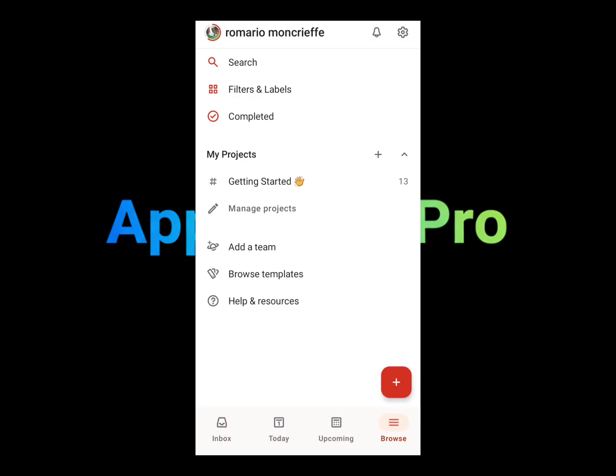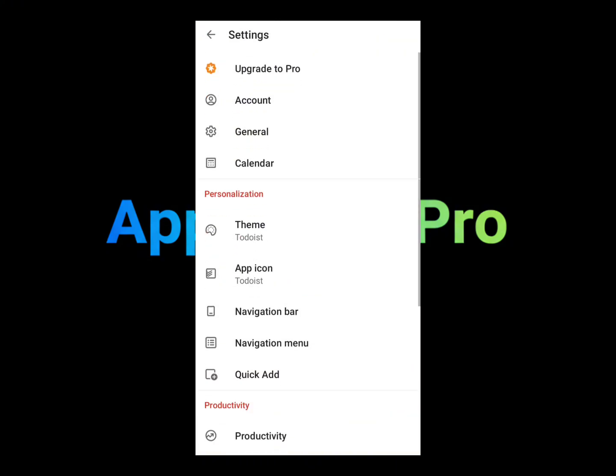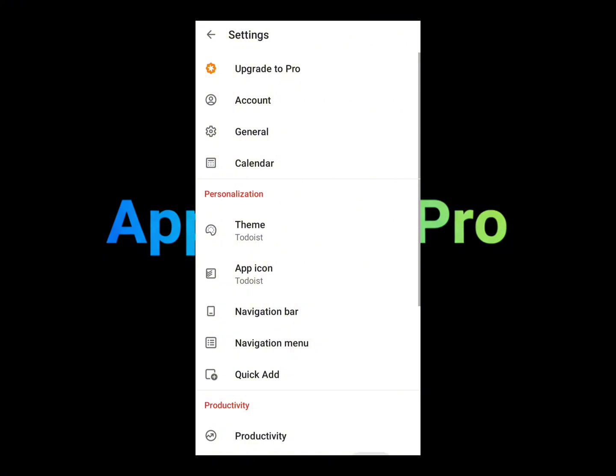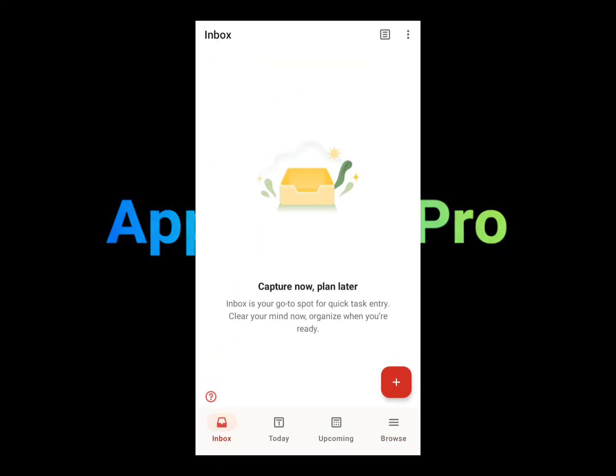So really easy application, great application if you have things that you need to get done and you're not remembering to do them. It's their prices. So very easy application to use, and I said before, if you have any problem at all